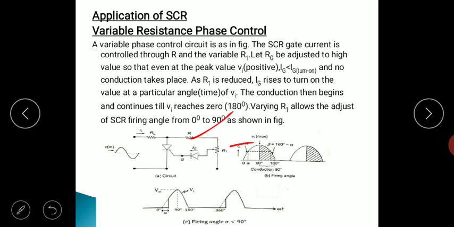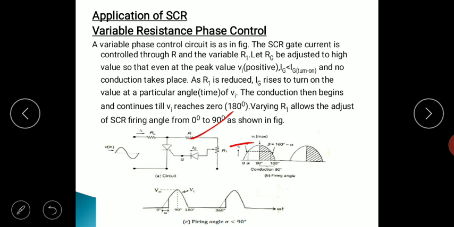Let R1 be adjusted to a high value so that even at the peak value of input, Ig is less than Ig turn-on and no conduction takes place. Now if you reduce R1, Ig rises to the turn-on value at a particular angle, so that conduction begins and continues till Vi reaches 0, that is for 180 degrees.